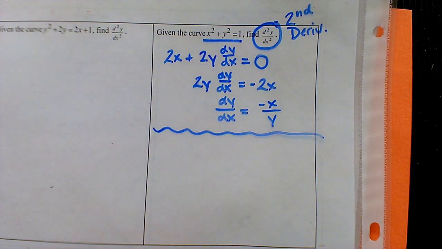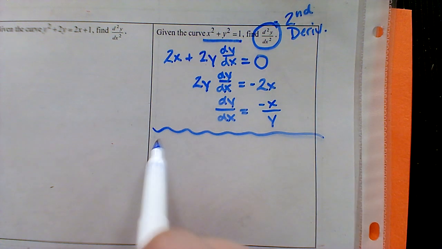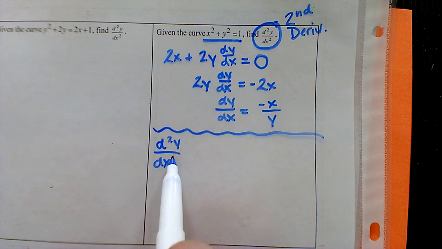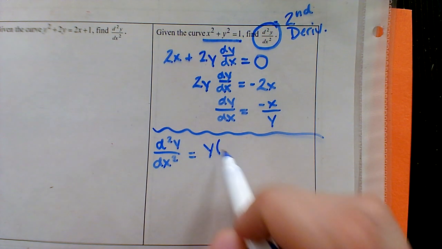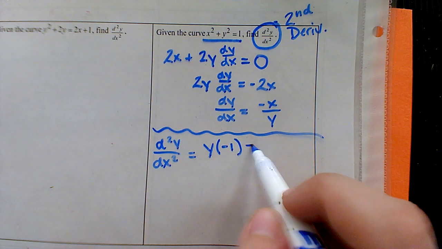Okay, so we have to go another round. If the first derivative is negative x over y, what shortcut do you want to use to figure out the second derivative? Quotient, right, we have a fraction, so we need low, and then d high, the derivative of negative x, we got negative 1, minus